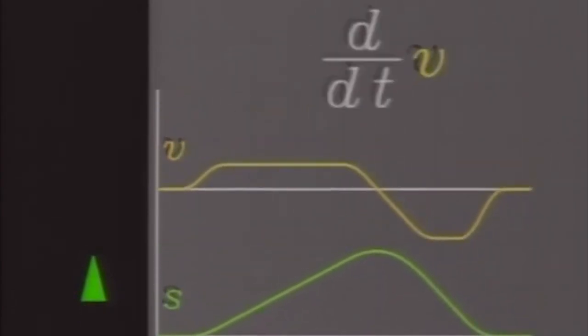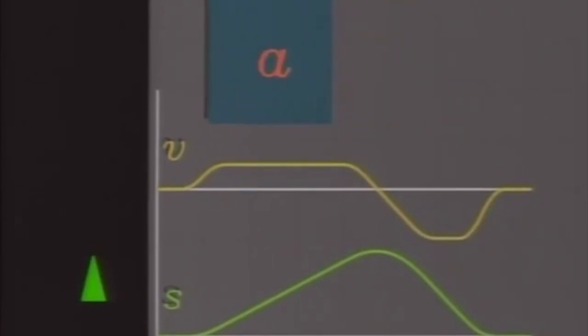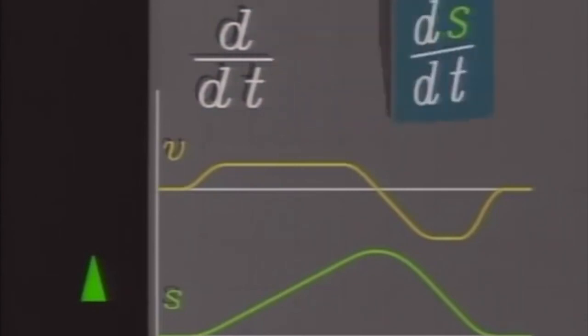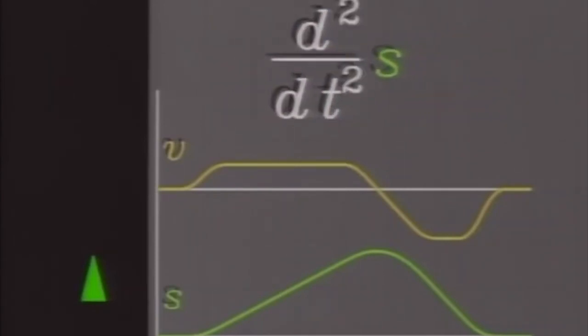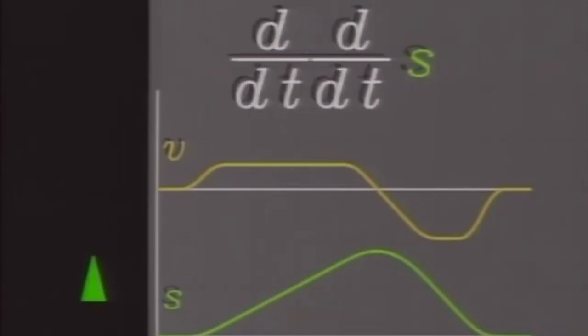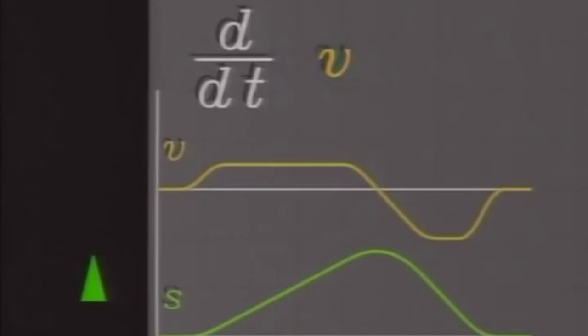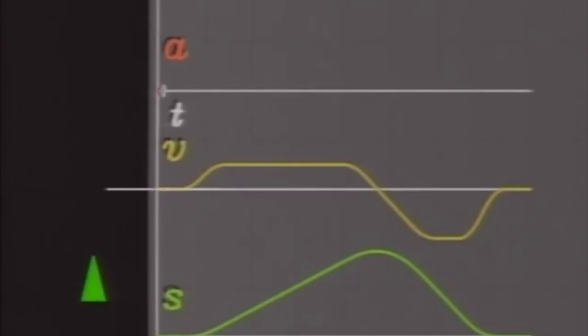The derivative of the velocity is the acceleration, which is the same as taking the derivative of a derivative. That is, the second derivative of s. The acceleration is caused